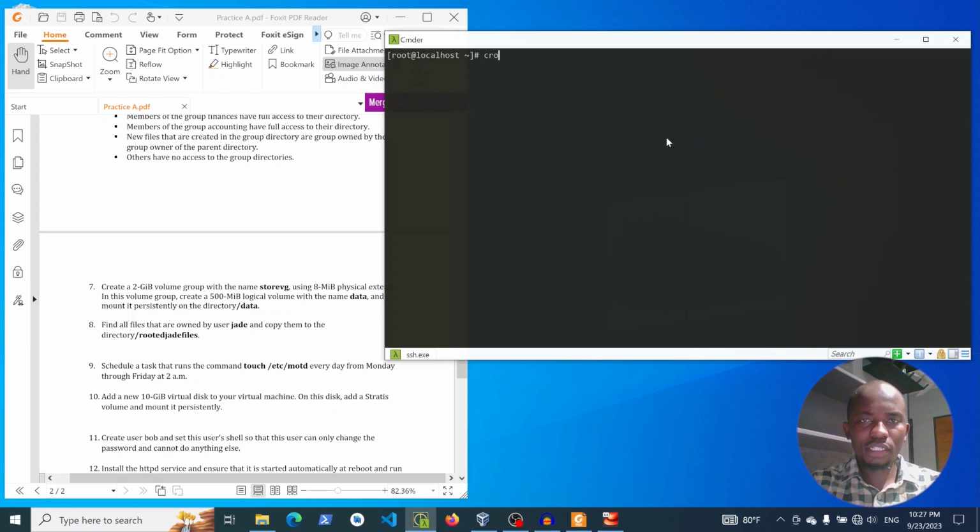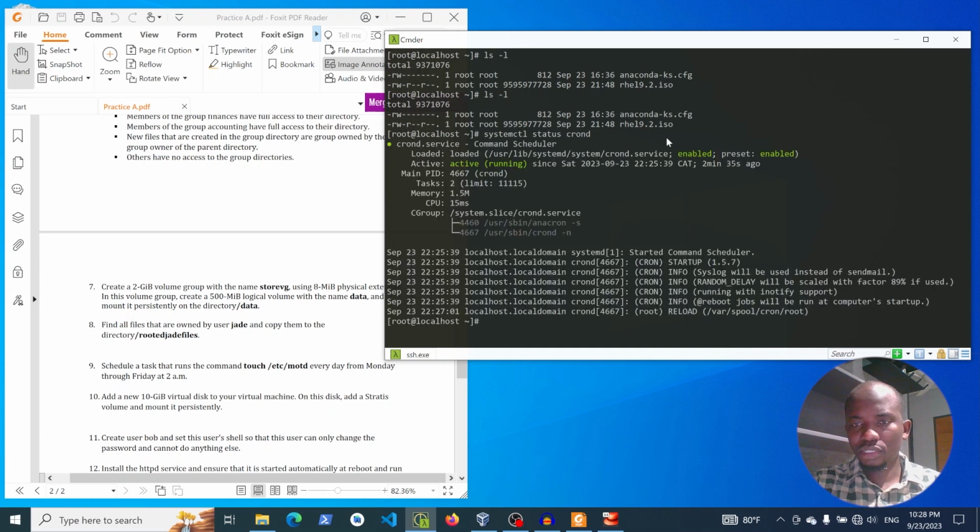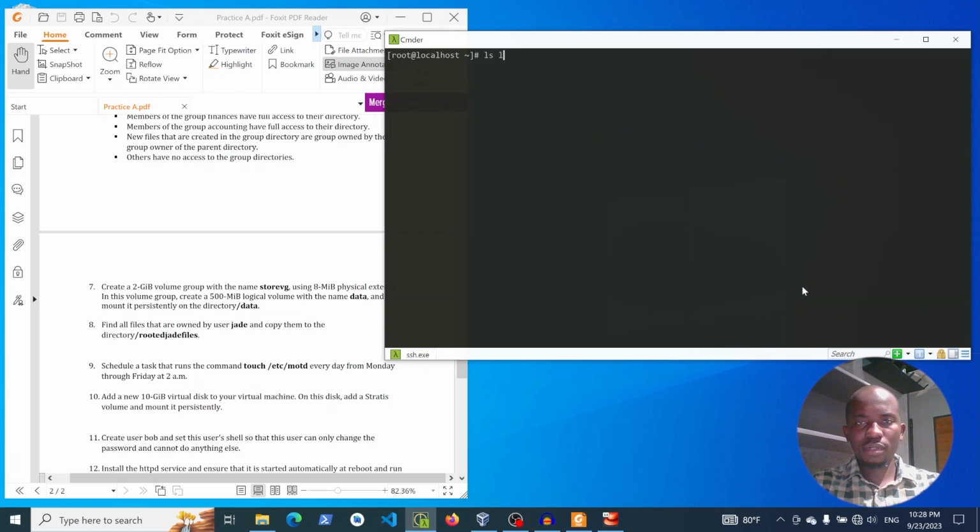I'll just edit that and check with something which runs every single second, without specifying anything here. It will be start, and that's okay. And I use ls -l. Status crond, actually is running, and the ruby job random daily will scale, so no problem. ls -l, if the file is still not created, so cat